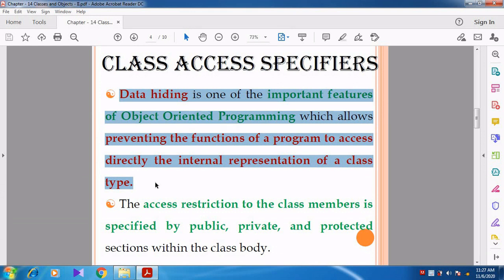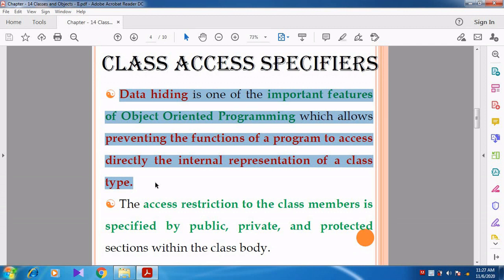Can you understand, students? In a simple way, we can say that whatever data members and member functions we declared inside the class should not be accessed outside the class.